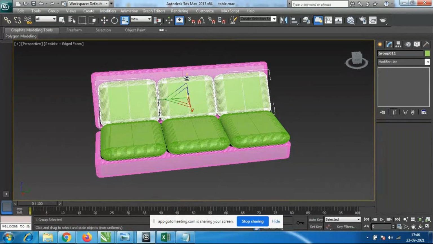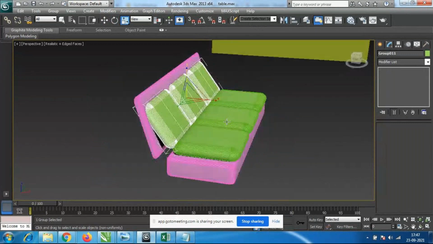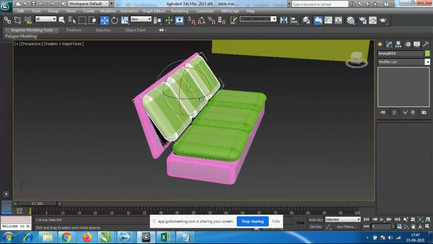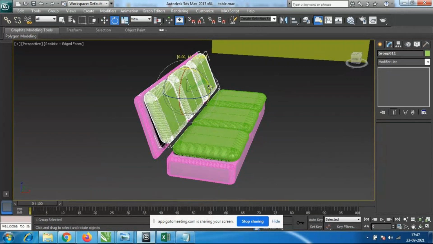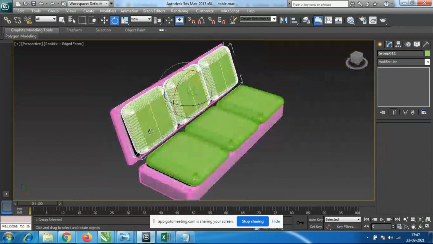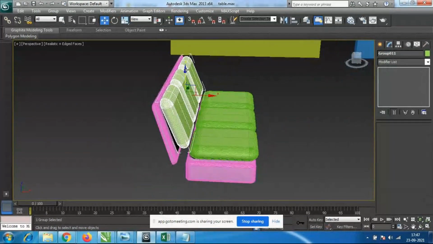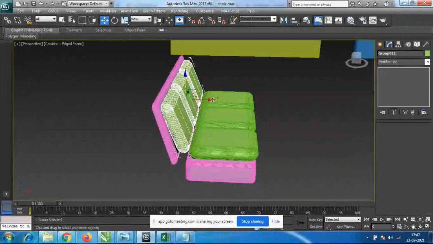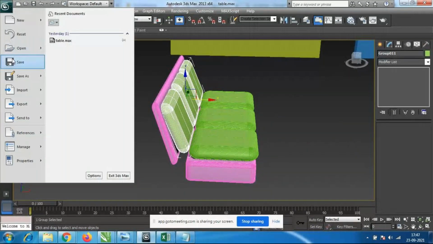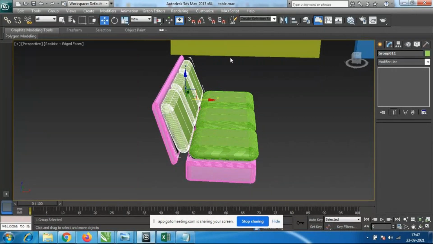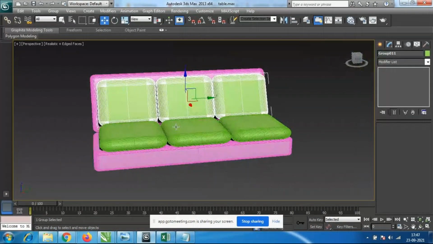Don't ungroup and do it, because then for all the cushions we cannot change the size. So like this we have to do the fast work, means we have to make the group, and once one design comes properly, we can take the copy of that only. So I'll just save this file, because we have to continue for next class. So that's why you have to save the file always.